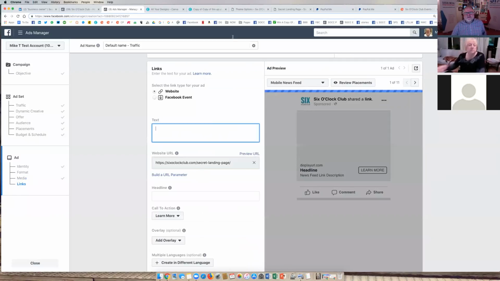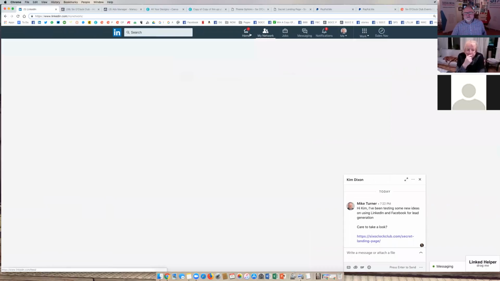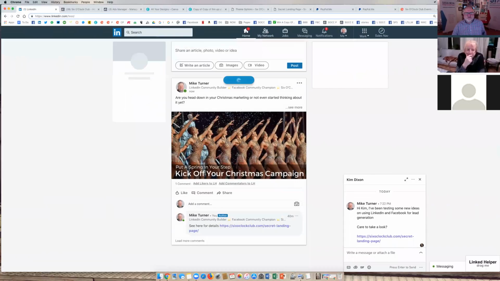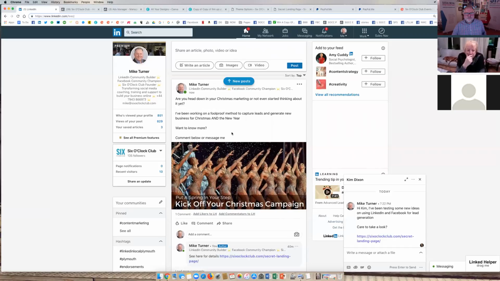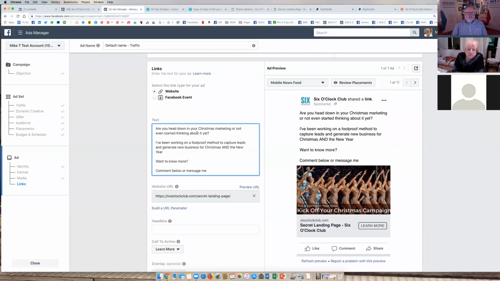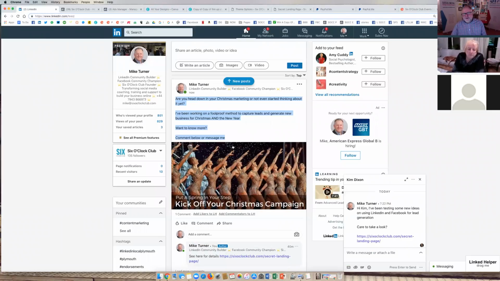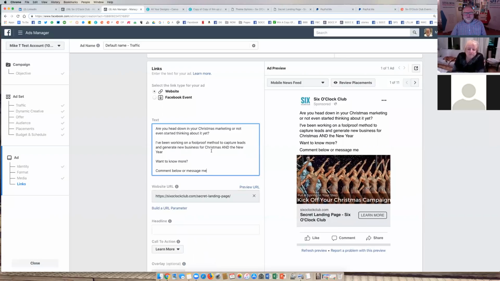So, enter text that clearly tells people what you're promoting. Well, we can go back to our own post. Oops, not there. And see if it's actually, yep, conveniently it's still sitting there. And we take the text that we have there and we make it familiar here. So can you see how this is now an ad that reflects the post on LinkedIn? But all we're going to do is